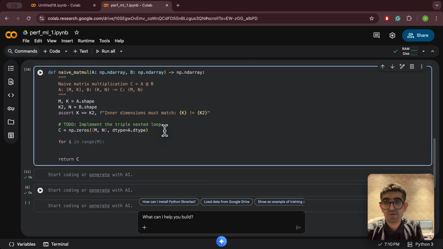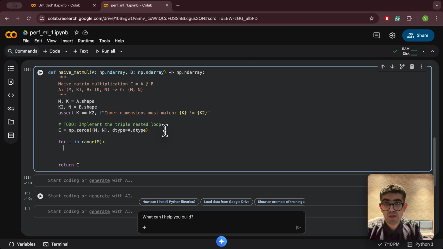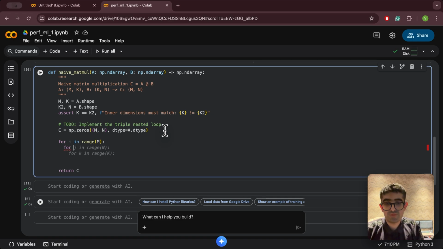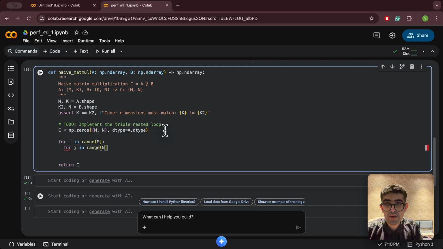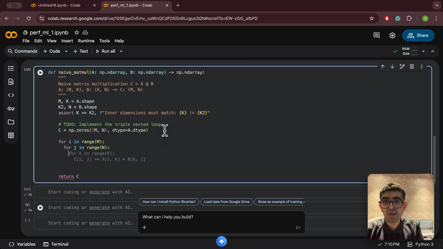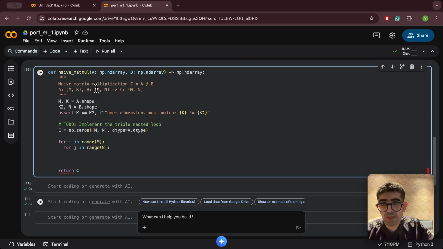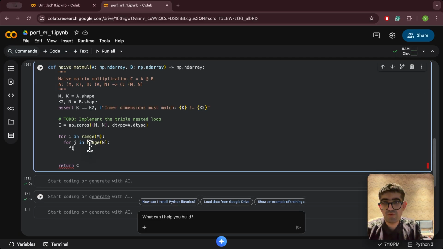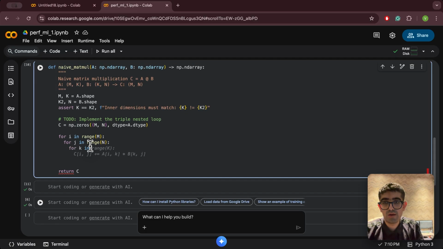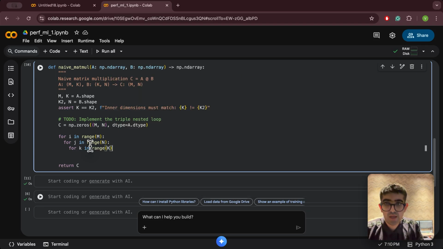So we first iterate through the rows of A. So for i in range m, then we iterate through the columns of B. So for j in range n, and then we iterate through this common axis, uppercase A. So for lowercase k in range of uppercase A, and here